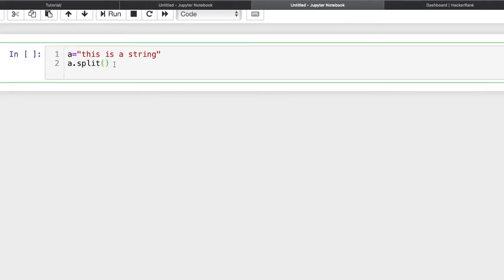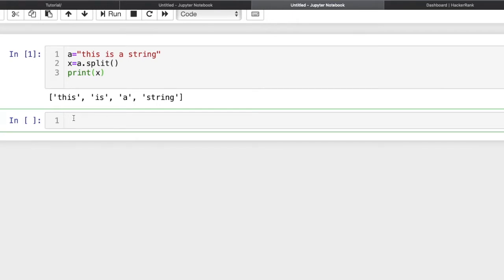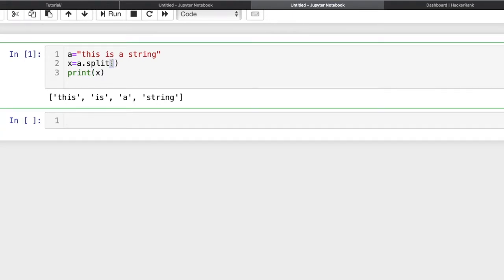If we are not passing anything in this split function, then by default it will assume the delimiter is space. So let us save this in a variable, x equals a dot split. Let us print and see what is the value in x. So now you can see, if we are not passing any delimiter, then by default it assumes space and splits this string on the basis of space.